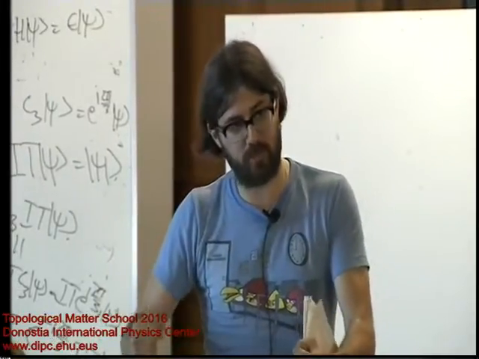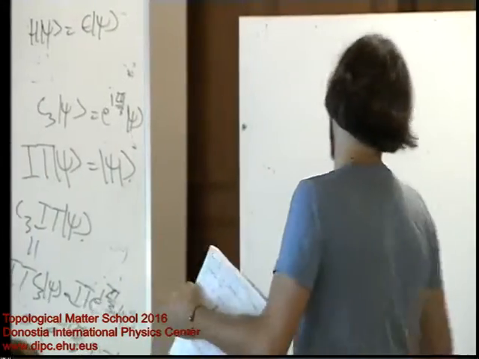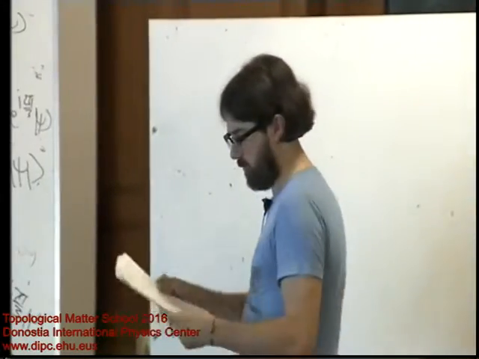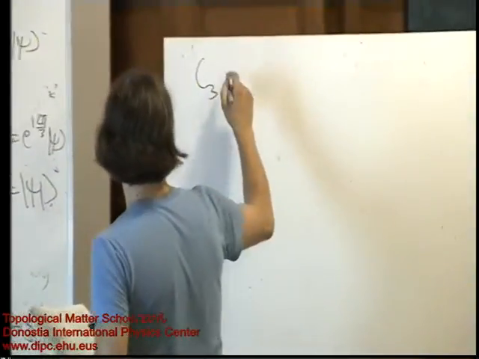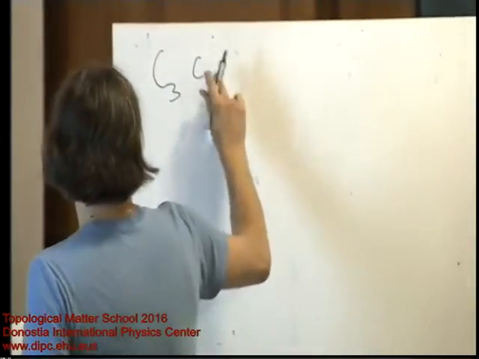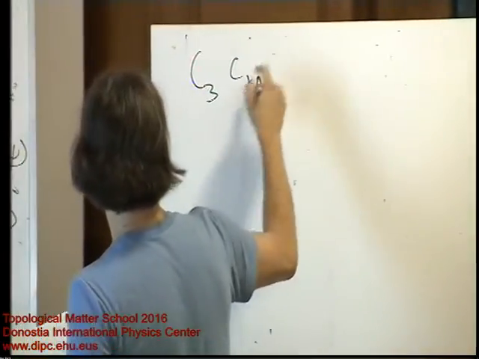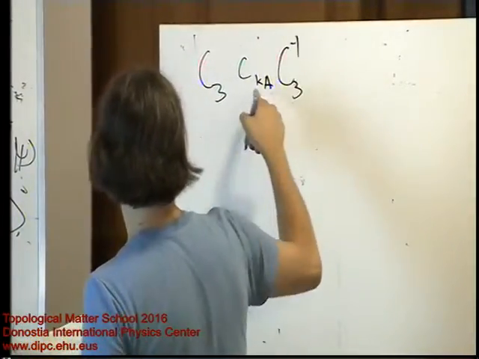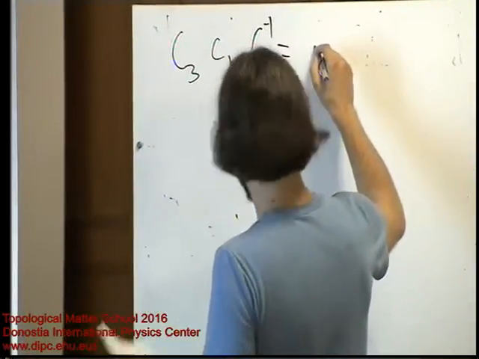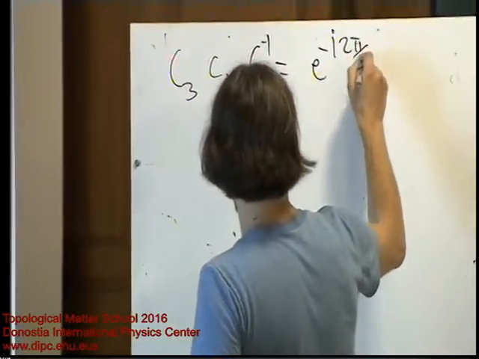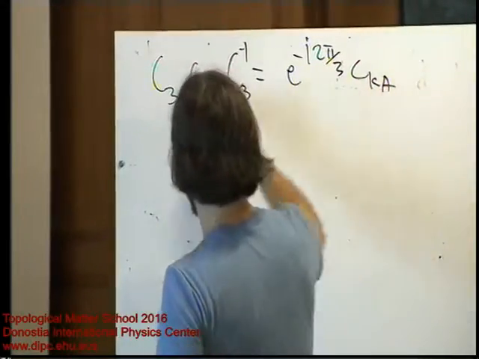But since it's a two-site unit cell, what you will find out if you actually do it is that if I take the C3 operation on the Fourier transform of the A-site creation operator, this gives you e to the minus i 2 pi over 3 c_kA